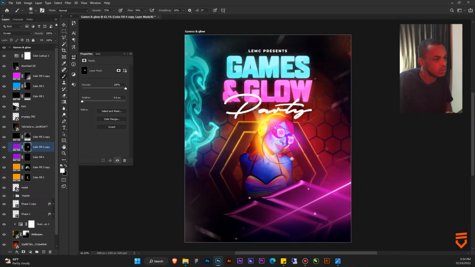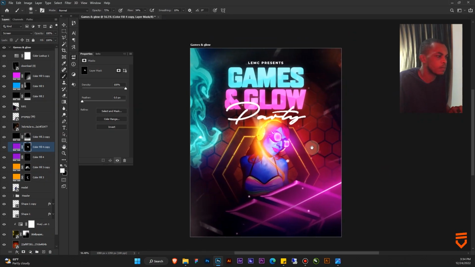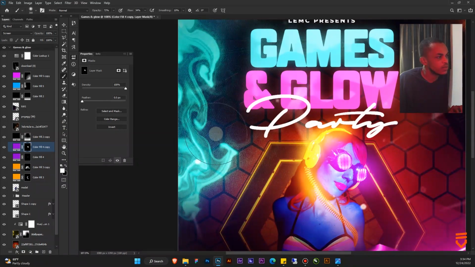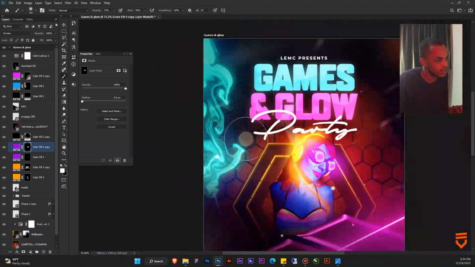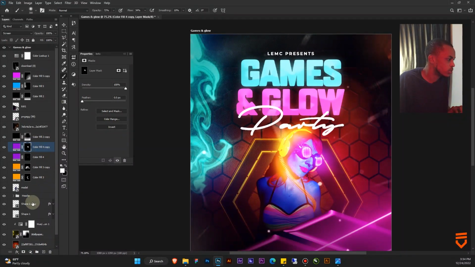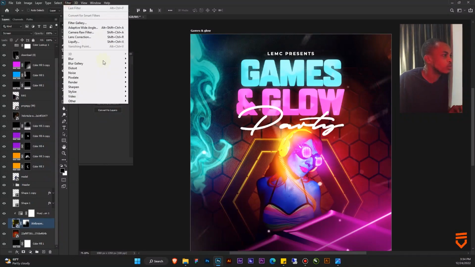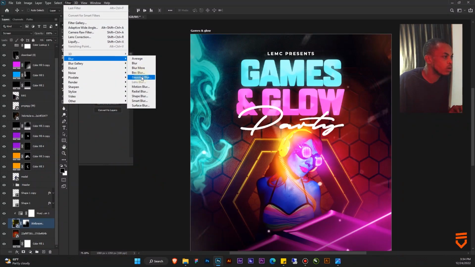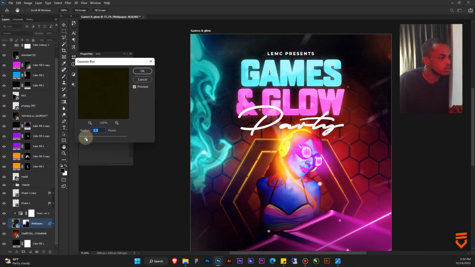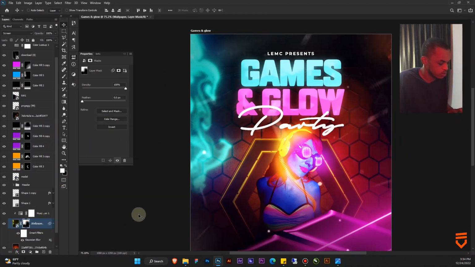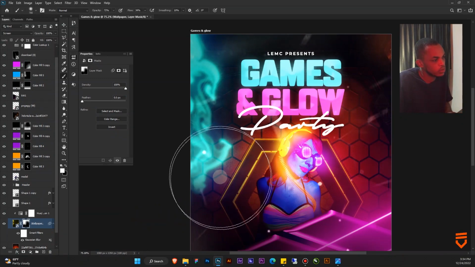Okay. Now, as you can see here, this flame is looking like a low quality file. It has noise and all of that. So to get rid of that, I think I'm just going to apply Gaussian blur on it. It's going to blur out all those. Yes, I think that is nice. And probably clean up some areas, because let's not forget